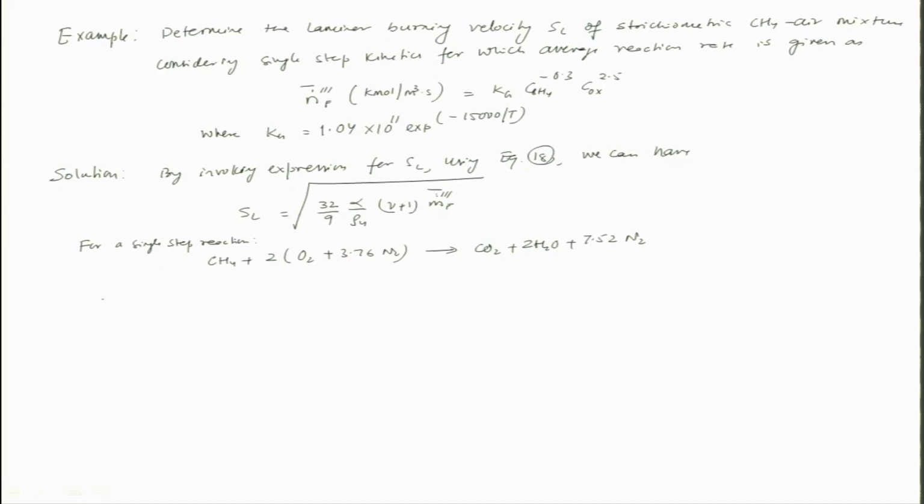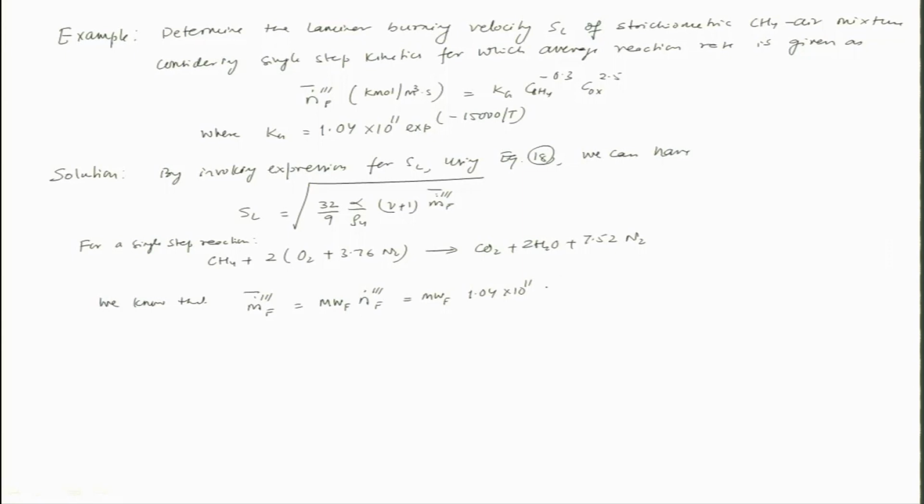So, we know that m dot triple dash f average is equal to nothing but MWF times NF, right. So, that is MWF into kg, kg is basically 1.04 10 power to 11,